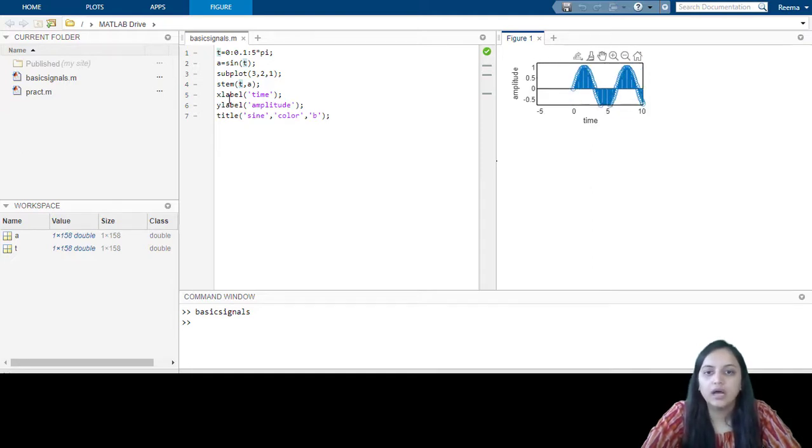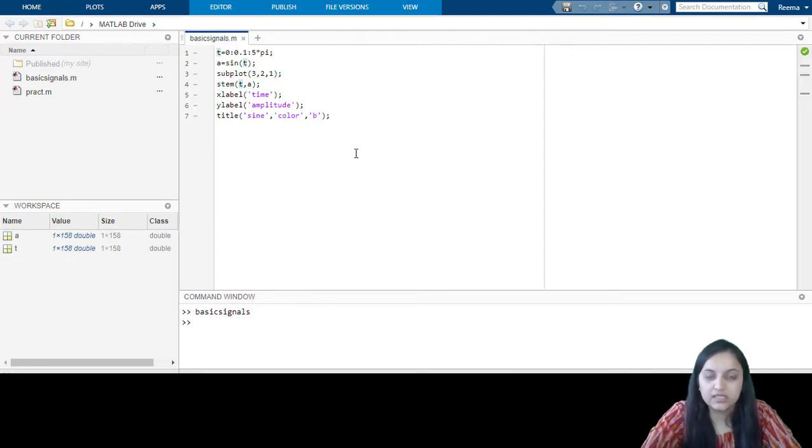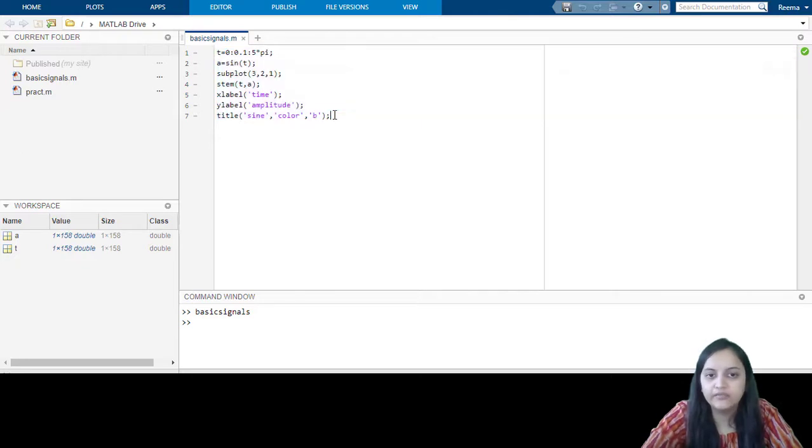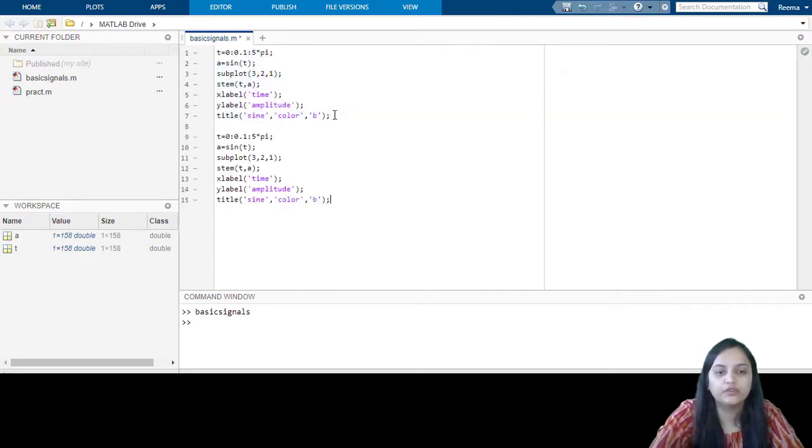Okay, now let us continue to plot the further signals, that is cosine, step, ramp, exponential and impulse signal. We are going to use these instruction lines as they are and we will make minor changes for the further signals. So for next, we are going for the cosine signal. Here we will take the time period as it is, but as we are doing it in the same program, we need to use another variable, that is b, and we need to plot the cosine signal.